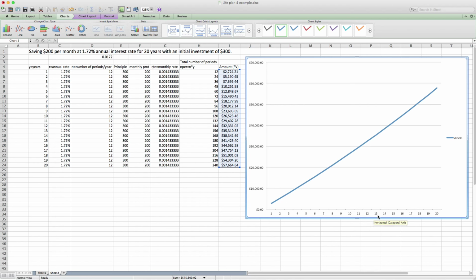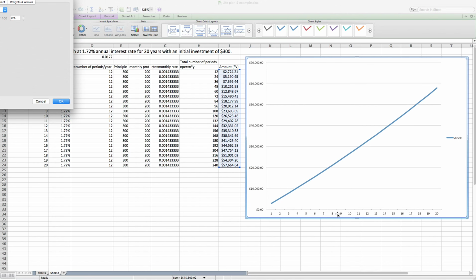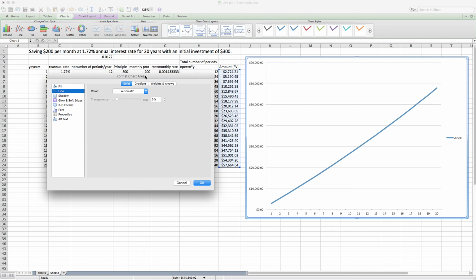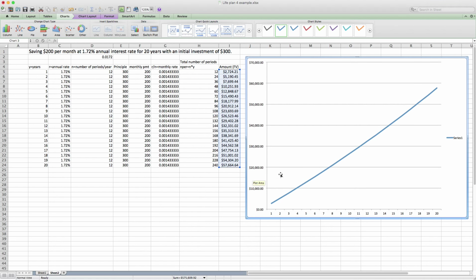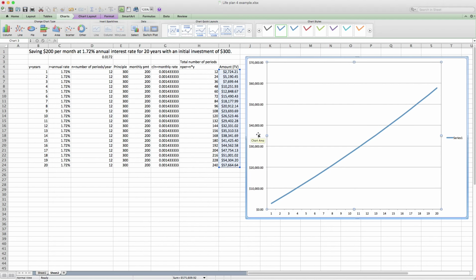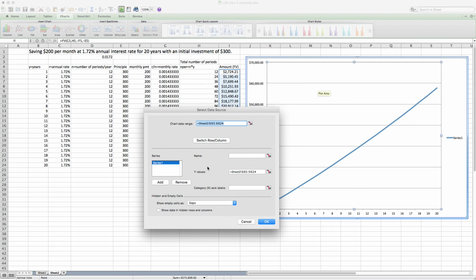There are ways to adjust some of these things. If you double click, you can get boxes to come up that will allow you to make adjustments. We can click on here, oops, cancel. You can edit how it looks and things like that. You can also right click on it and do select data, and in there then you can change how things are being